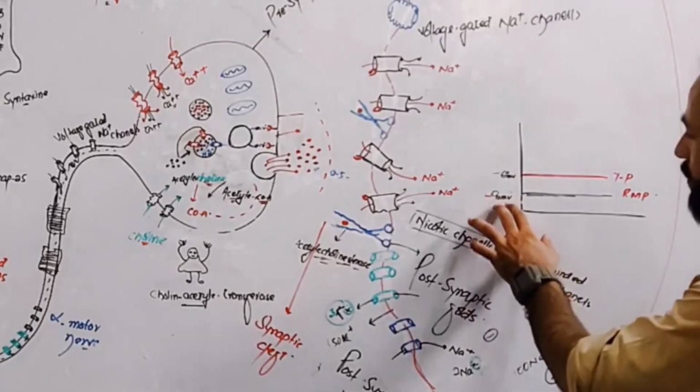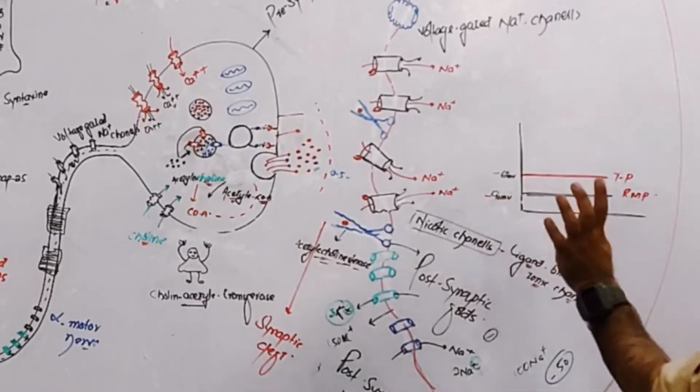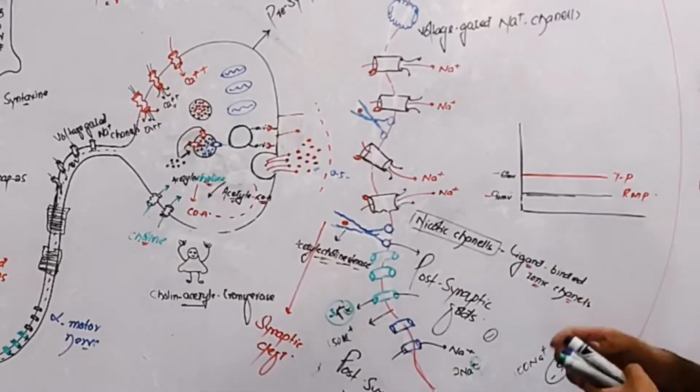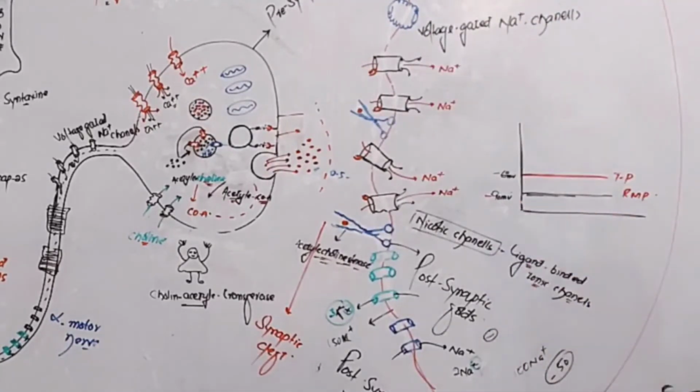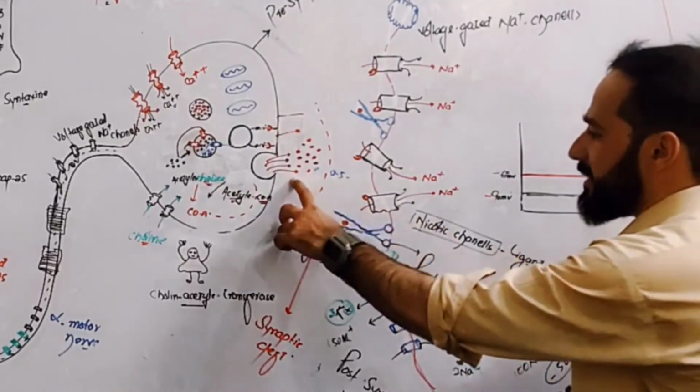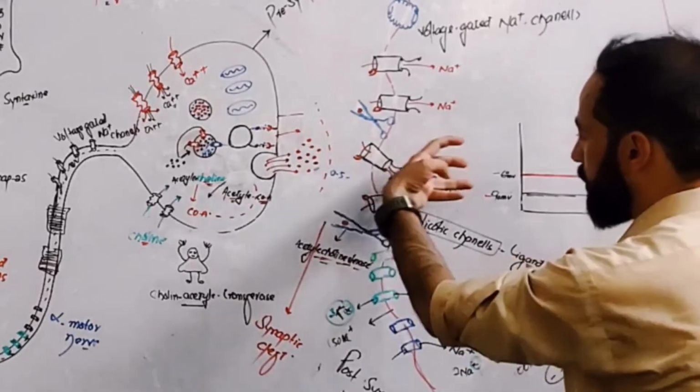So this is the way the potential of the cell remains at minus 90. So what happens, look carefully. If the potential of this cell is minus 90 millivolt, when acetylcholine binds here with its receptor,